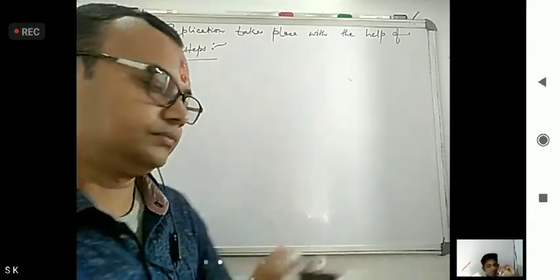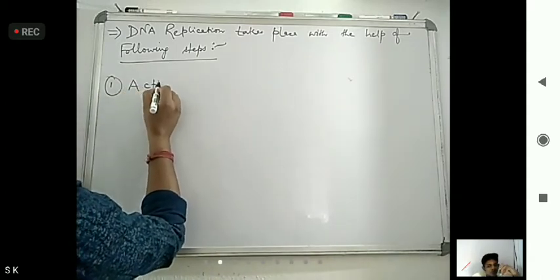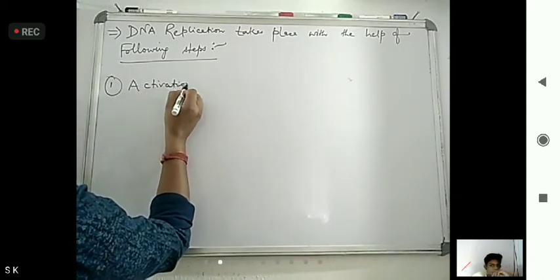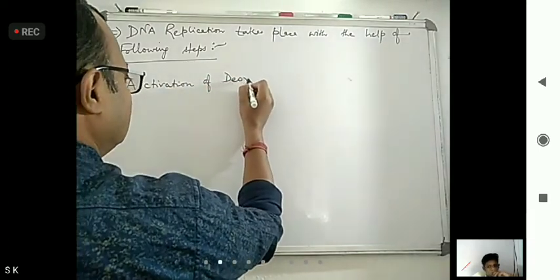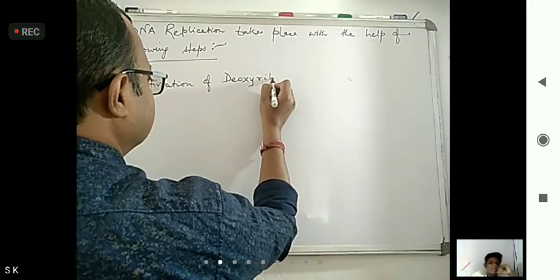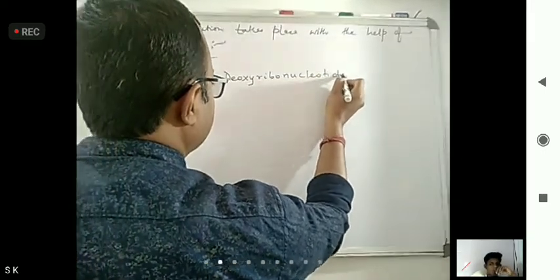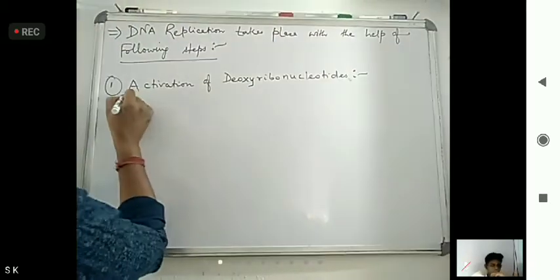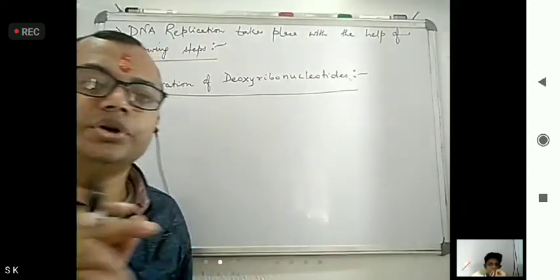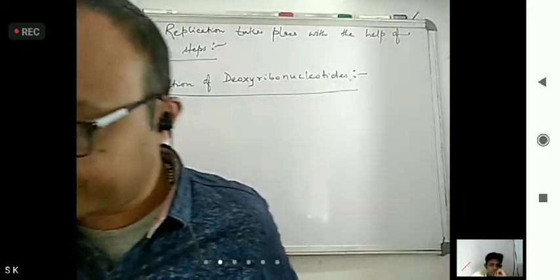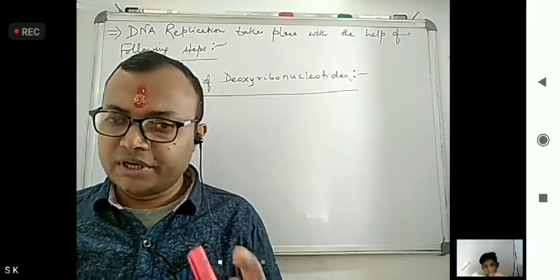What is that? First step is activation of deoxyribonucleotides. What happens here? In the presence of energy and enzyme, one enzyme is there,